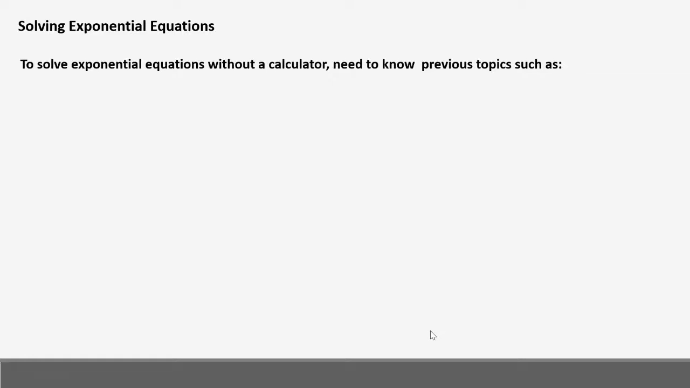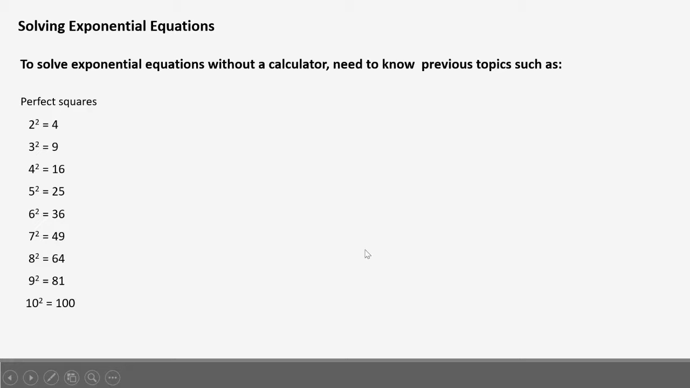Okay, first, solving exponential equations. To solve an exponential equation without a calculator, you need to know previous topics. We need to know the perfect squares. Remember when I did the workshop on factoring, where you have to know the perfect squares? Well, here they go again. We have to know these,